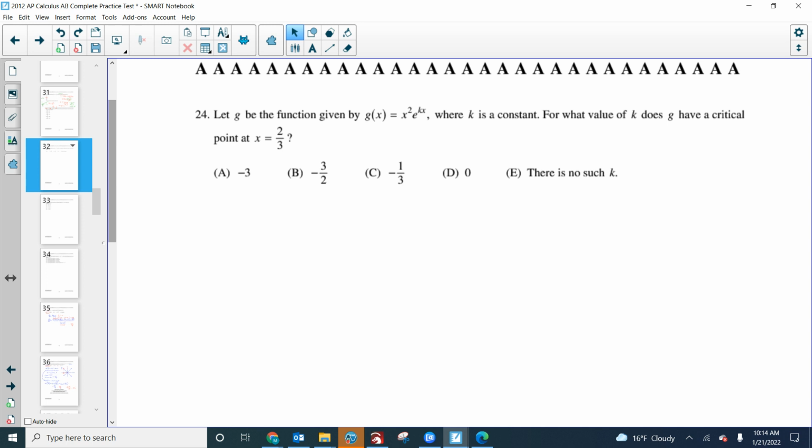All right. So this is a heavy conceptual question, but it also takes the skills of what derivative rules are applicable here. So let g be the function x squared times e to the kx, where k is a constant. For what value of k does g have a critical point at 2/3? All right, so interpret that. g will have a critical point when g prime equals 0. So they're telling us g has a critical point at 2/3. g prime of 2/3 must